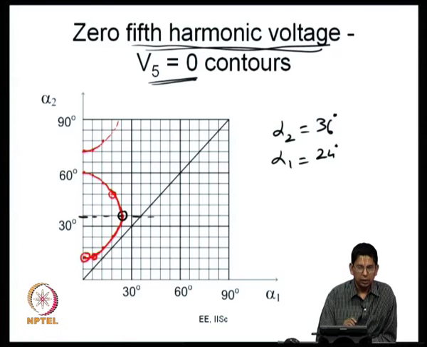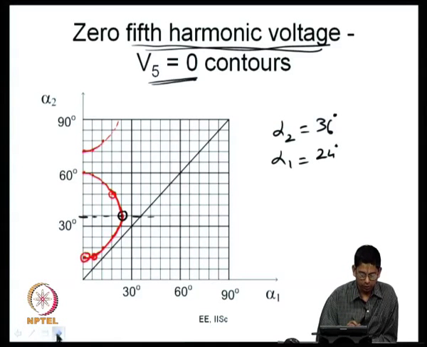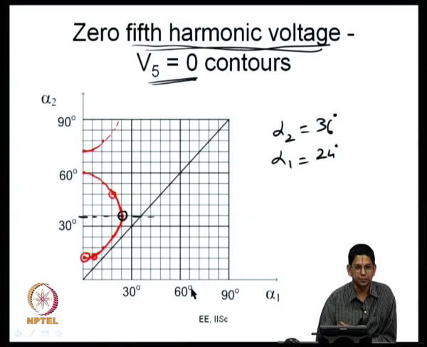So, there are multiple solutions here. First let us look at what those angles are. We have only looked at the range of alpha 1 from 0 to 24 degrees, and at 30 degrees we did not get a solution. So, we stopped there, but maybe for higher values you will get solutions, is that right? Okay. So, for what values will I get a solution now? Let us say for alpha 1 equal to 0, I got a solution which is alpha 2 equal to 12 degrees for this fifth harmonic elimination, or V phi equal to 0 contour.